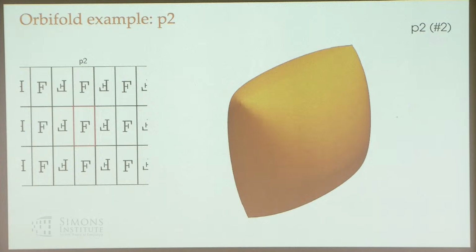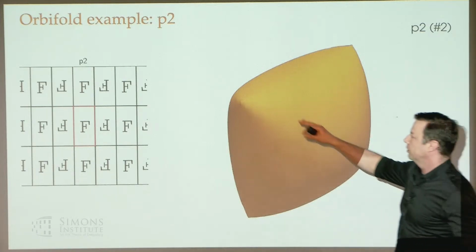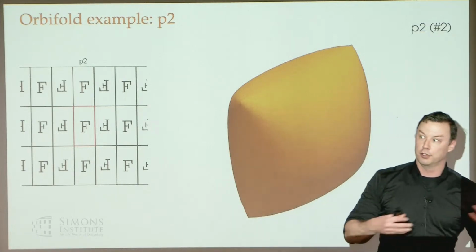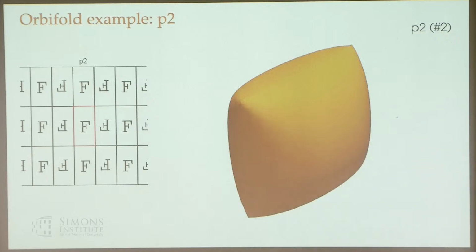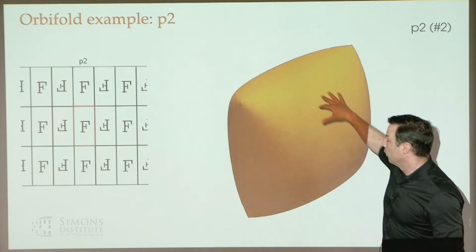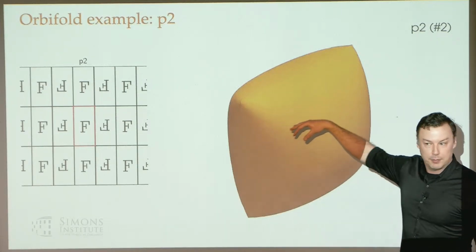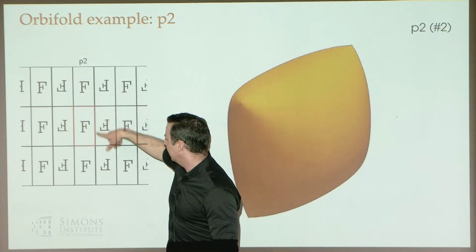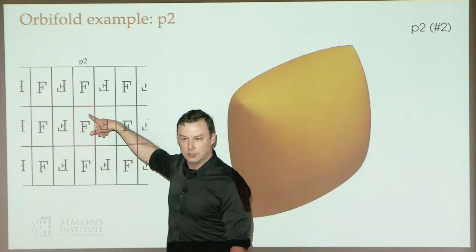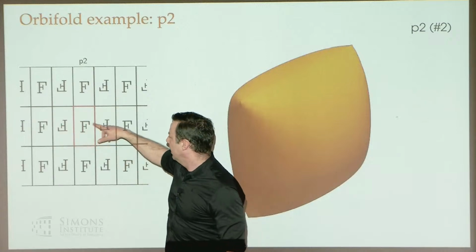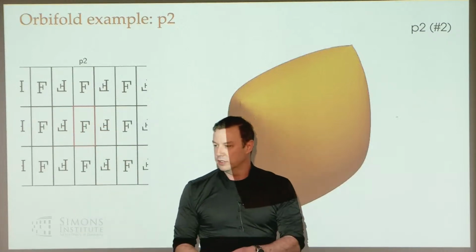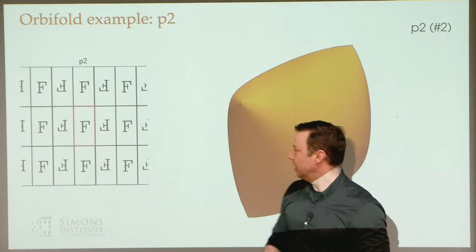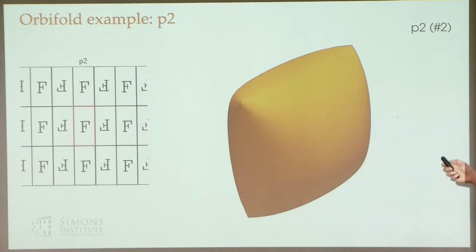All right. This word should call to mind the idea of the manifold of orbits. That is to say, every point on this surface is one of the orbits, and it is folded up in the right way to satisfy the boundary conditions associated with these groups. So really what you want to think of is that every one of these little edges is glued to one of the other edges, or maybe glued to itself. And if you did that gluing, it would go from a two-dimensional object into some higher dimensional object, and that's what we would get. So in this case, we get this kind of pillow.